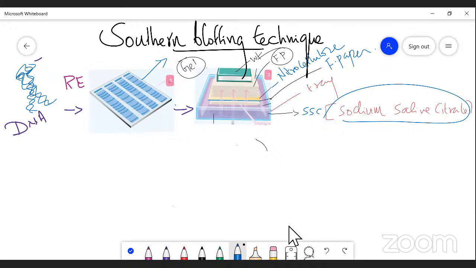Actually, this yellow color indicates a nitrocellulose membrane paper that receives the buffer from the